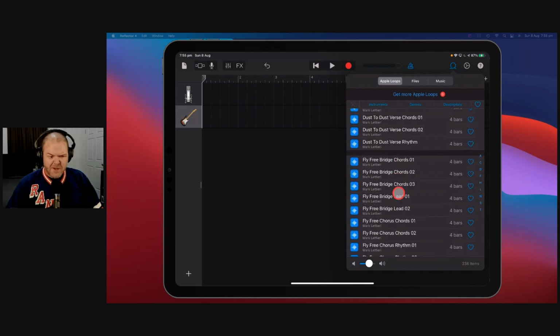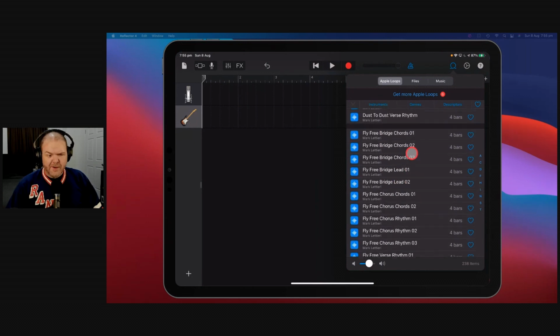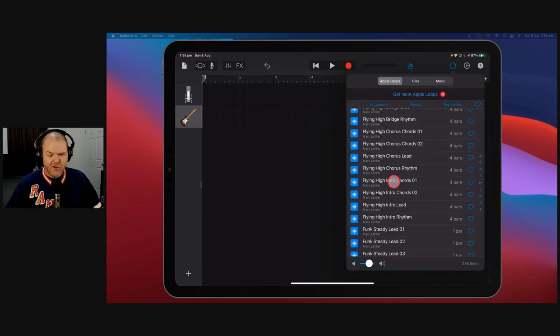That's not bad, but we want something a little more funky. What about the Fly Free? And you'll notice that these have your bridge, your chorus, your verse, and your intro with a lot of these things. So if we find, say, the intro chords here,